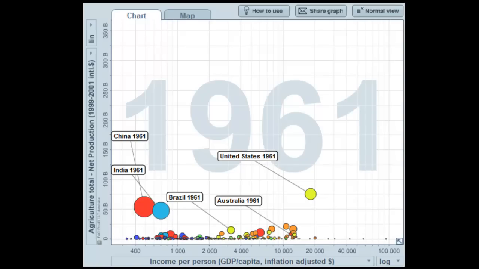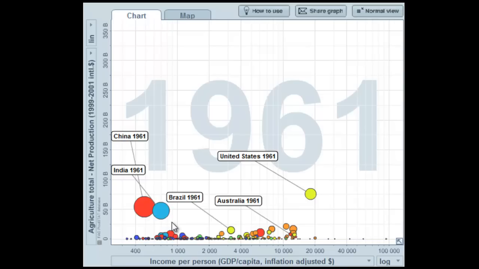This graph is a data series I put together just to illustrate this point of increased agricultural production as income. On the left-right axis, you just see a general increase in incomes from 1961, and the background here shows you each year of the data as it is plotted. As you can see, the United States clearly had a serious advantage going back to the 1960s in terms of